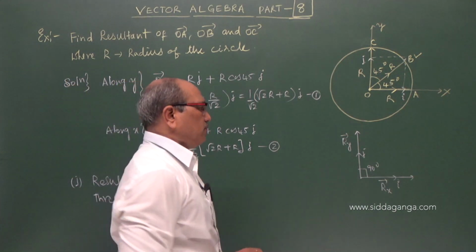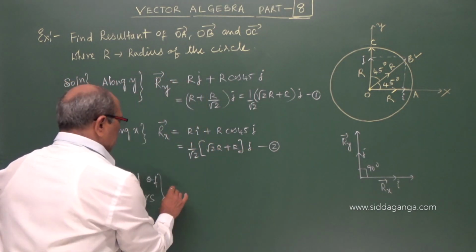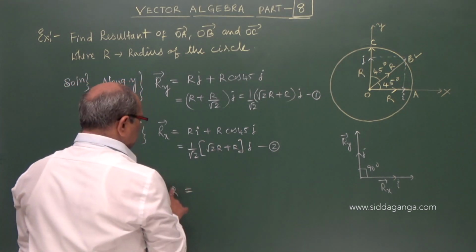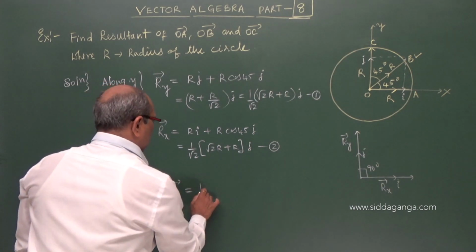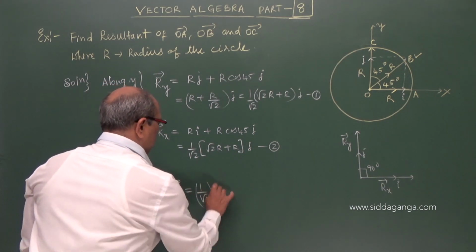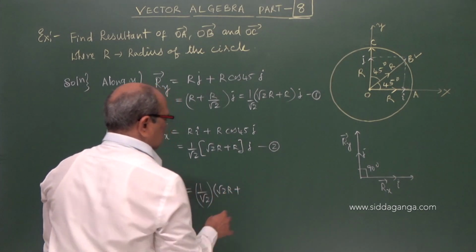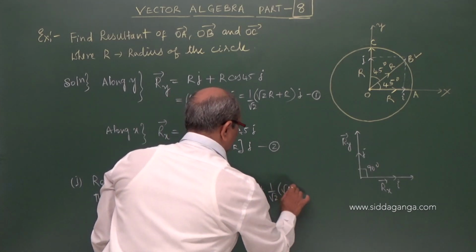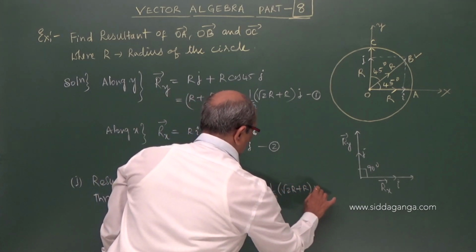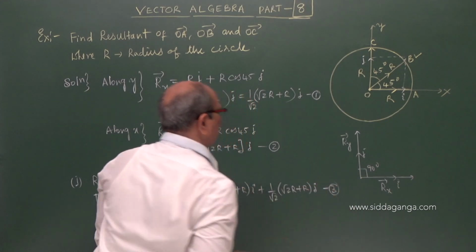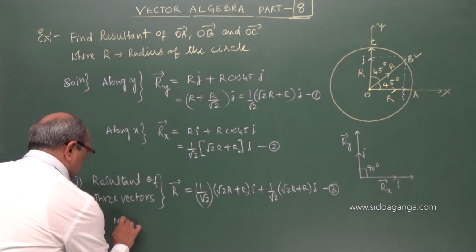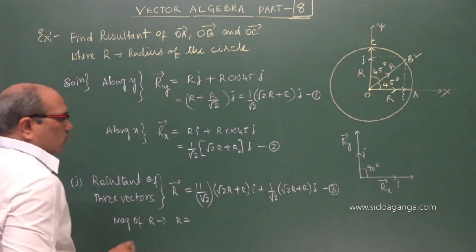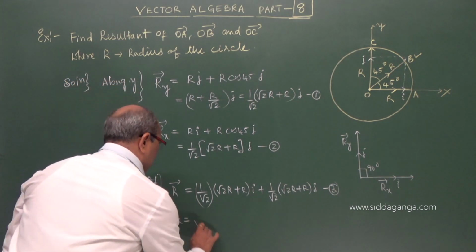Resultant of 3 vectors, if I take cos 90, therefore R magnitude. Resultant as it is, I am writing, means it is 1 by root 2 into (root 2 R plus R) i, plus 1 by root 2 into (root 2 R plus R) j. Suppose magnitude required, magnitude of R, then R equal to square root of